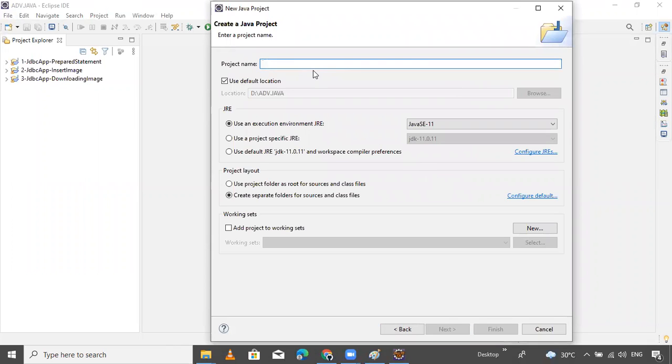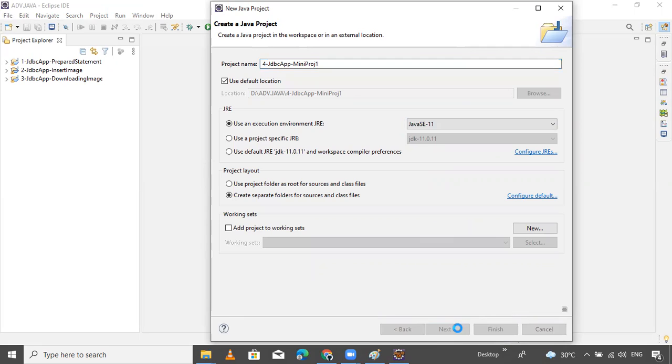Here you put our project name, JDBC app, mini project one. I am using Java SE 11 version.